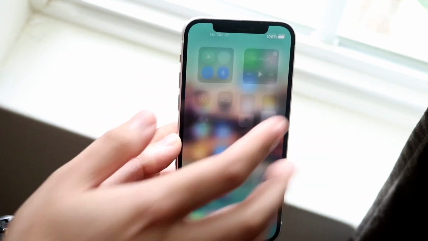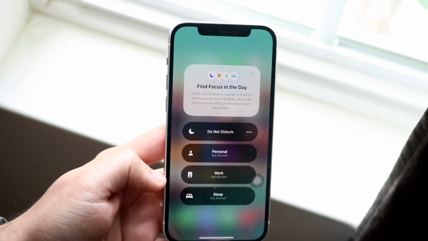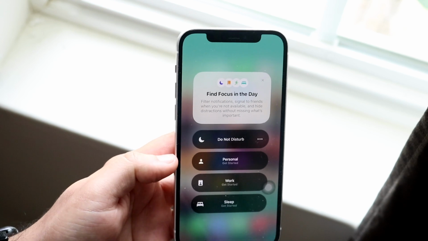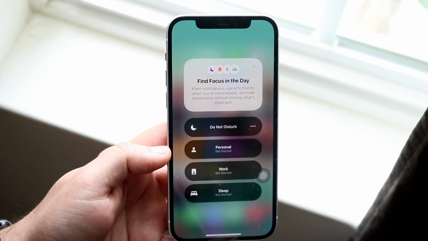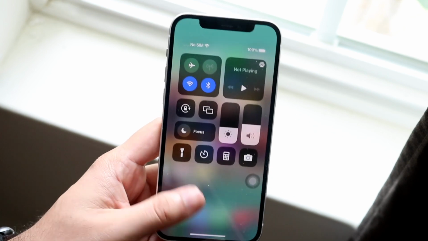They added Focus mode, which is pretty much Do Not Disturb, an enhanced version of it. So you can create different buckets to be notified of. So personal, work, sleep, you can go ahead and create different notifications for yourself. And this is cool. I don't think I'm ever going to use it, but you have that capability now,